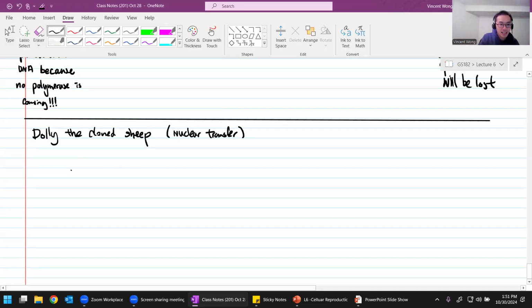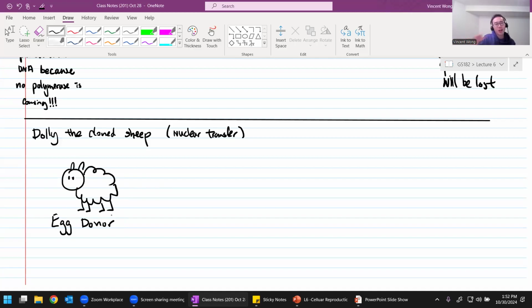So let's start with sheep number 1. Draw your best sheep. This sheep is probably not too happy to be in this experiment, but it's going to be an egg donor. Someone asked me one time, a sheep has eggs? Not like chicken eggs or duck eggs. Humans have eggs too, right? We're talking about sperm and egg. So this is the egg donor, and they